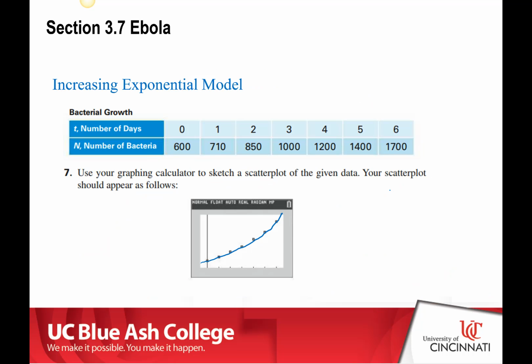This brings us to a second example. The second example is also going to be an increasing exponential model. And with this, what we are given is a number of days and the number of bacteria in this system per day. This is not a relatively fast rate of growth for bacteria. It's actually fairly slow, but it's the data that we have. If you do a scatter plot, in other words, just put the points, okay, there are a couple different models that might seem reasonable to fit. One of those being something of a